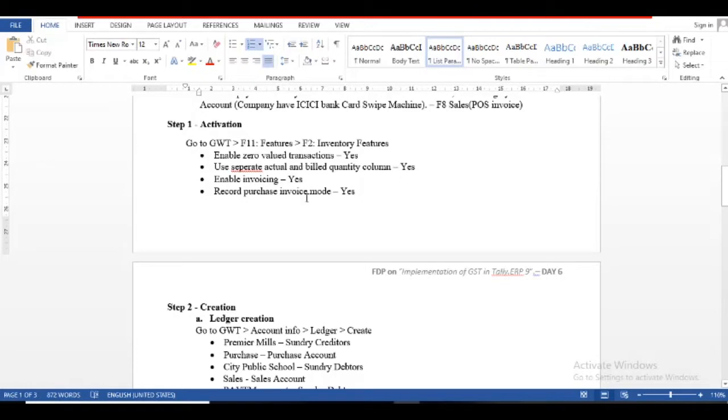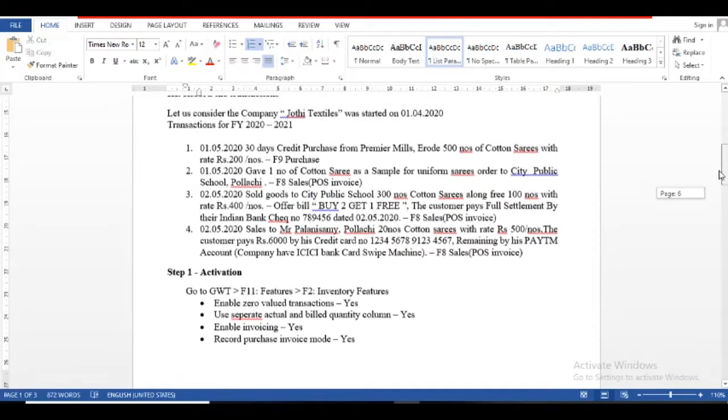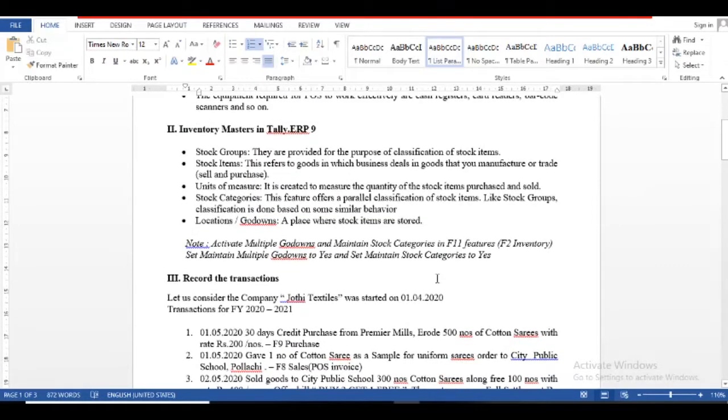These two are for the invoicing concept. So we enable 4 options in F2 inventory features. First we create the company name Jyoti Textiles. The starting date is 1/4/2020. So I move to Tally.